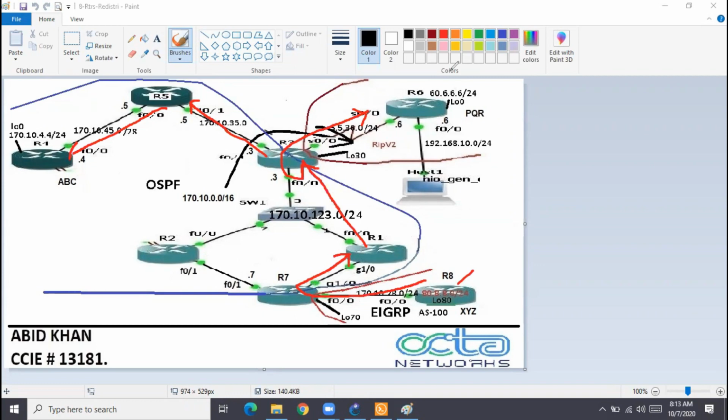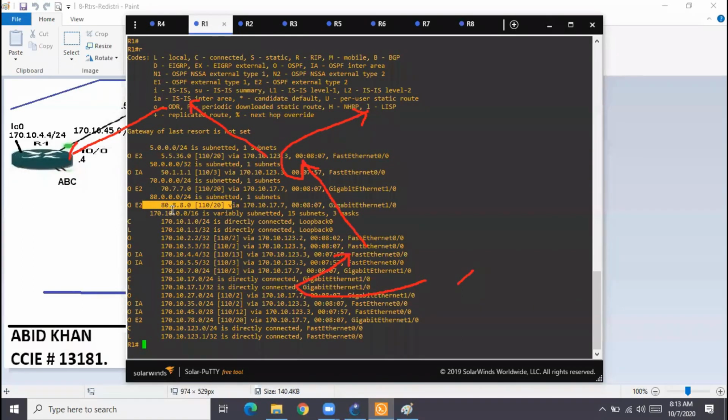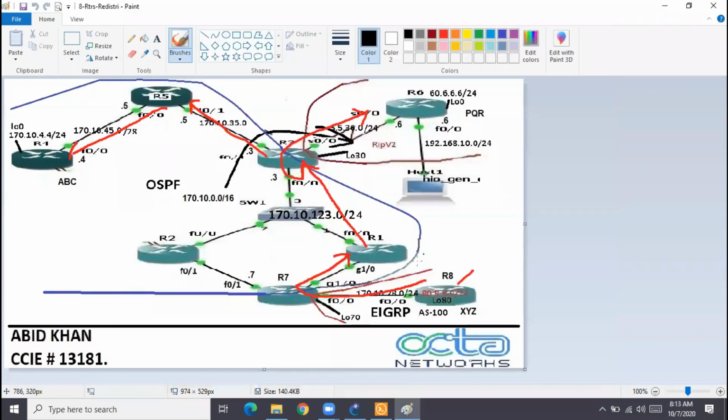Now if I go to the last router in the OSPF domain, R4, for the same network 80 of R8, what is the metric, what is the cost? 20. So the route traveled all across the OSPF domain, but nowhere did the original metric get changed. This is called what?